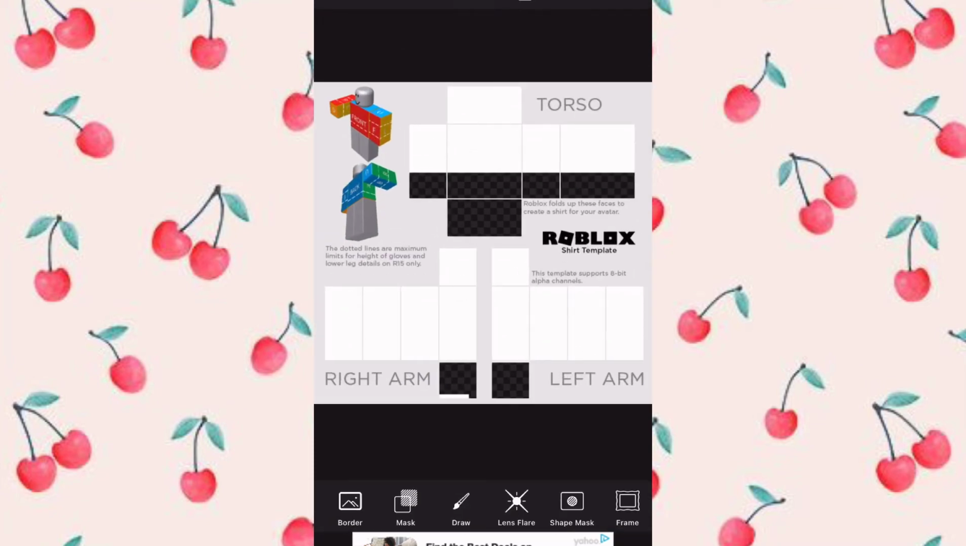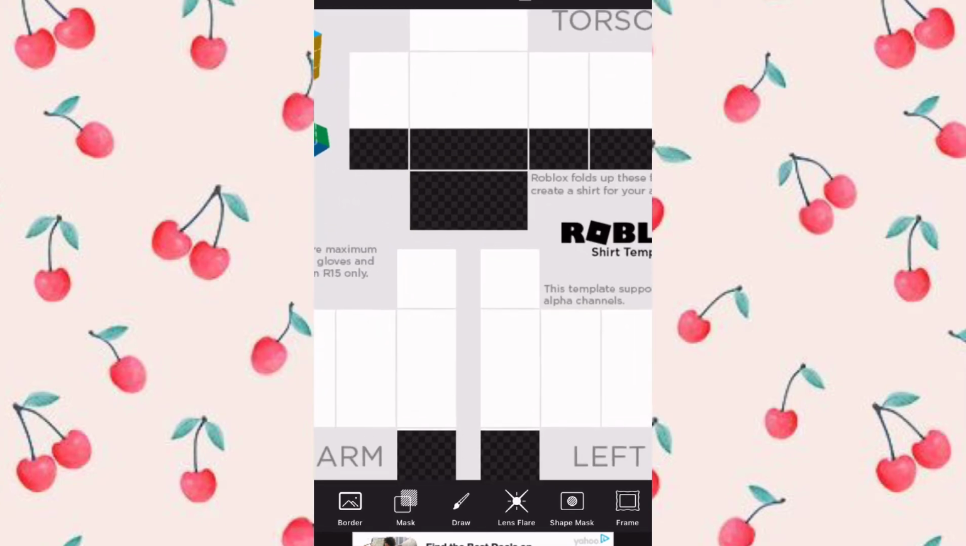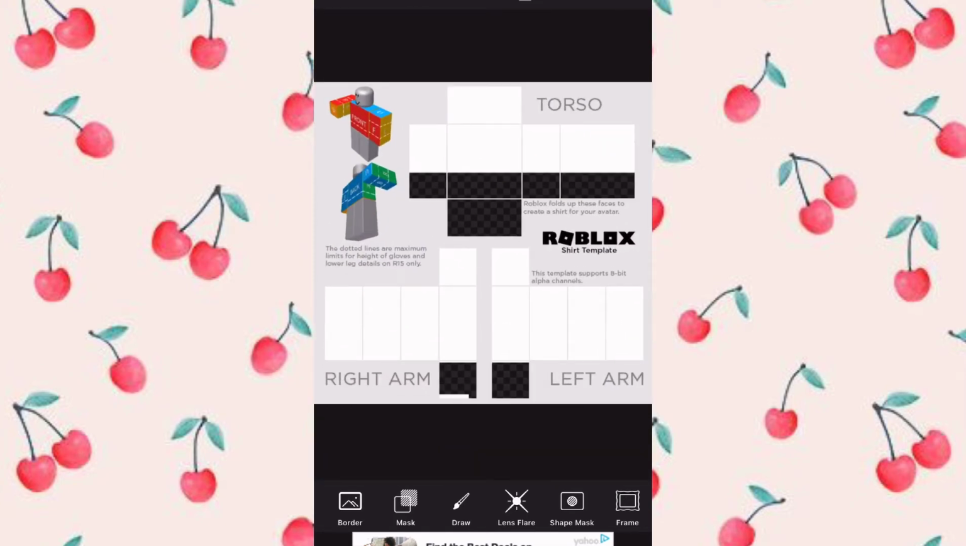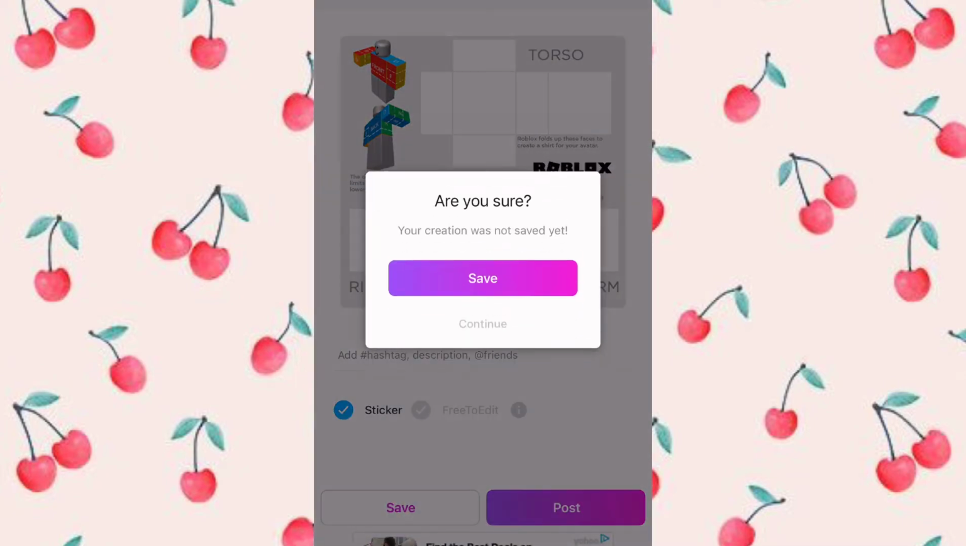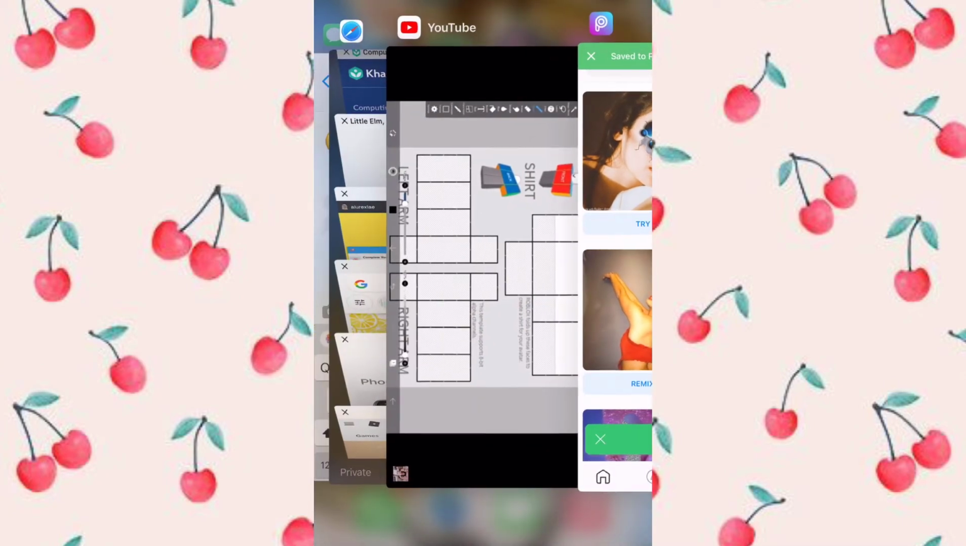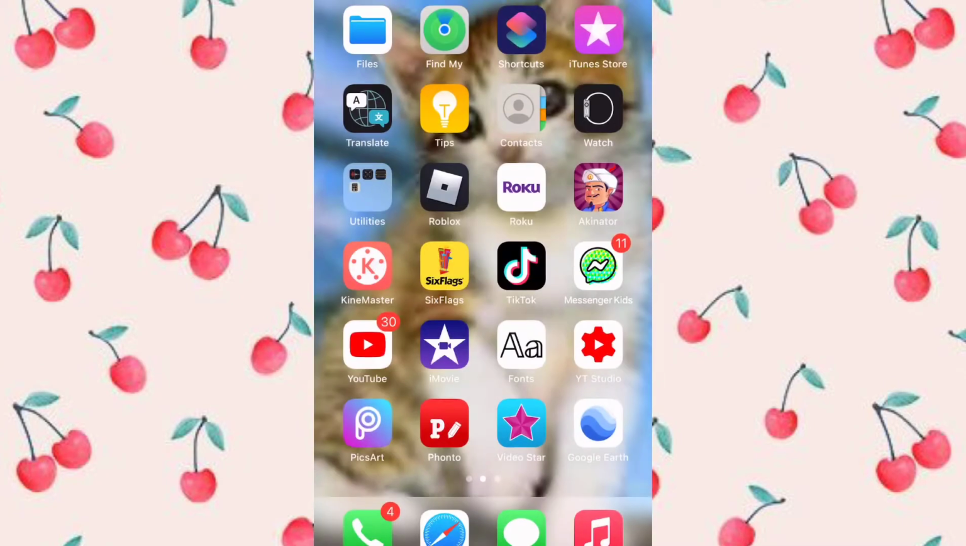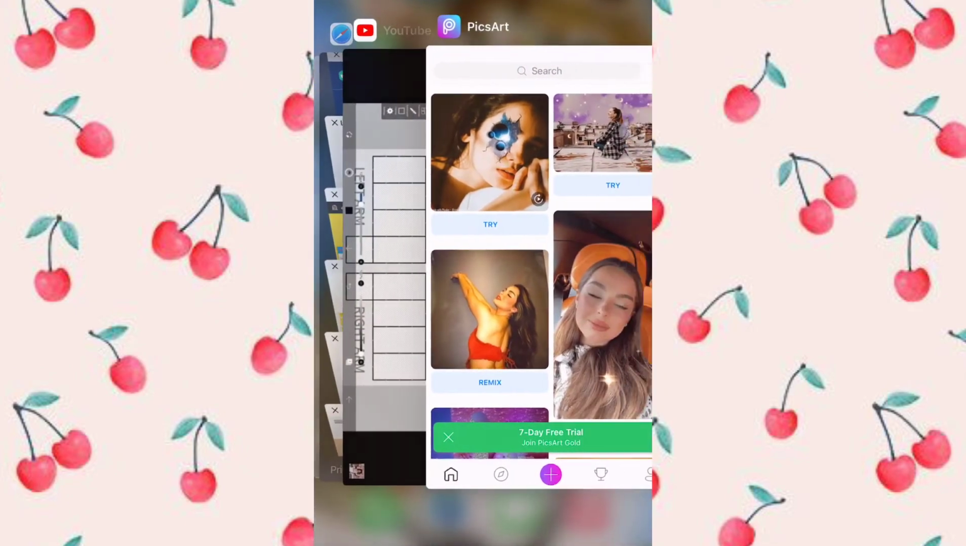So then, by the way, you're gonna press apply at the top of the screen. This is what mine looks like so far. Then you're going to press next, skip, and save. Then you are going to move on to the